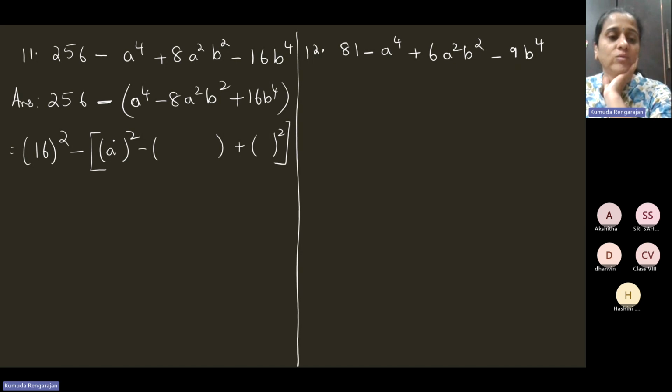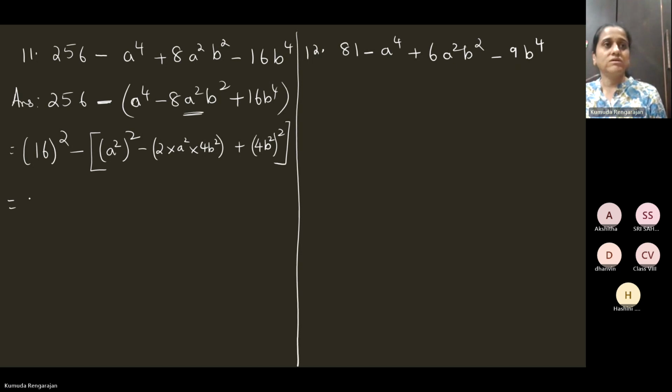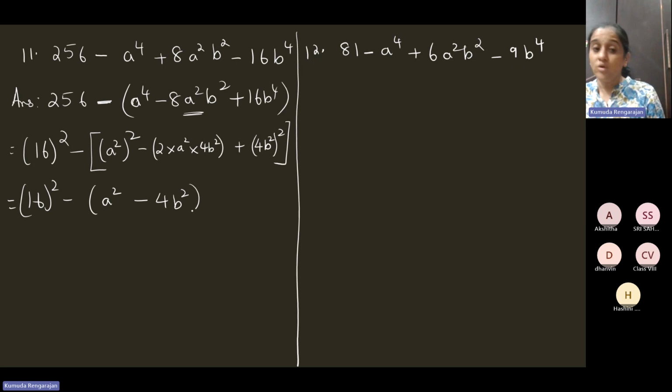Now this will be a squared, correct? This one, 4b squared, correct? So the middle term, 2 into a squared into 4b squared. Now check, 4 2s are 8, a squared, b squared, yes. So now this is 16 the whole squared minus, what is this? A squared minus 4b squared, the whole square, because a minus b the whole square,